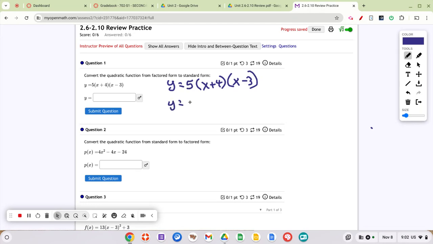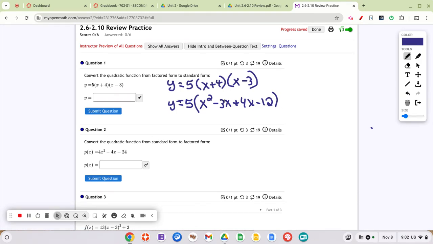Okay, you're going to go y equals 5, and then I'm going to start doing my distribution through all of this. I'm going to go x times x is x squared. x times negative 3 is negative 3x. 4 times x is positive 4x. Positive 4 times negative 3 is negative 12. Okay, all of this is in parentheses right now because we've got this 5 that we've got to distribute